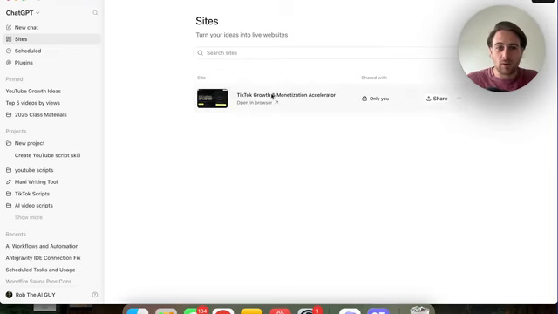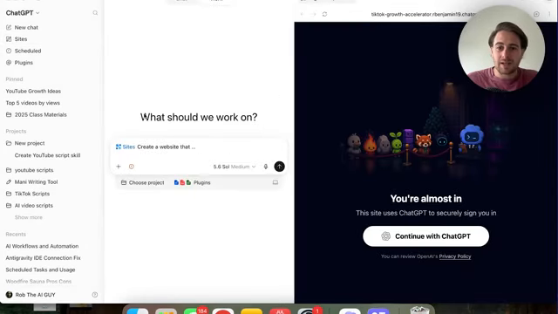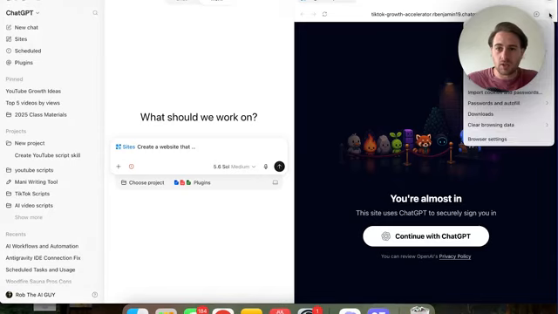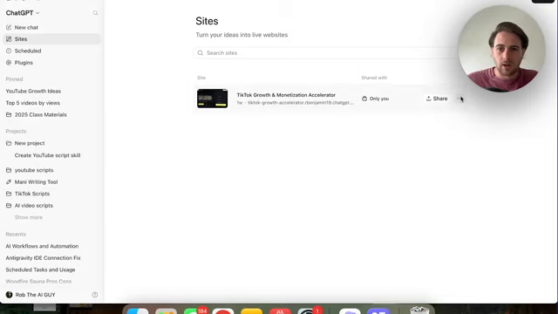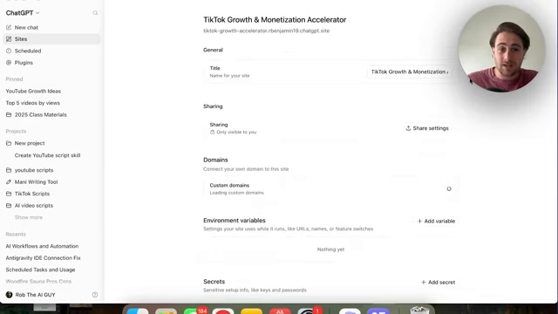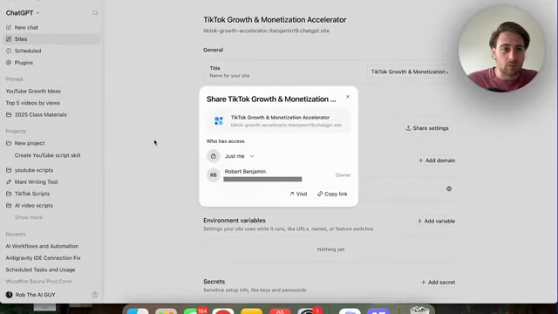For example, if we come over into sites right here, we could see that I created this website right here that we actually have to change permissions on. So if we very quickly come over in here, and come over here to this little button right here, click on settings. It can actually come over here and share settings. I'm going to make this available to anybody. So we're going to come over here. We're going to make this available to anybody on the internet. We're going to publish this, and then I'm going to be able to show you exactly what this website looks